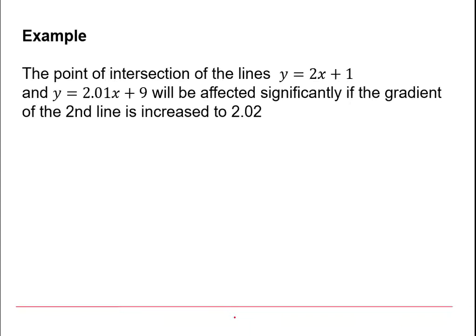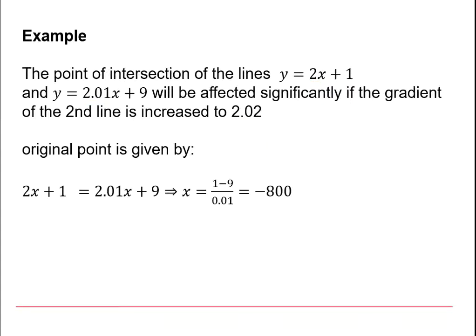And another example would be where we had 2 lines that were almost parallel, so they've got a similar gradient, so we've got a gradient of 2 and a gradient of 2.01, and if we change the gradient of the second line to 2.02, for example, then we can see that the x-coordinate of the original point of intersection of the 2 lines, so that's the line y equals 2x plus 1 and y equals 2.01x plus 9, we get an x-coordinate of minus 800 in that case,